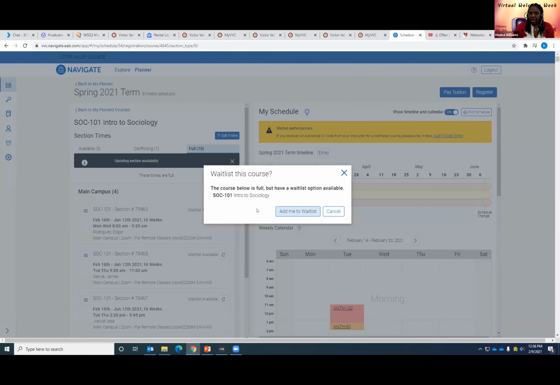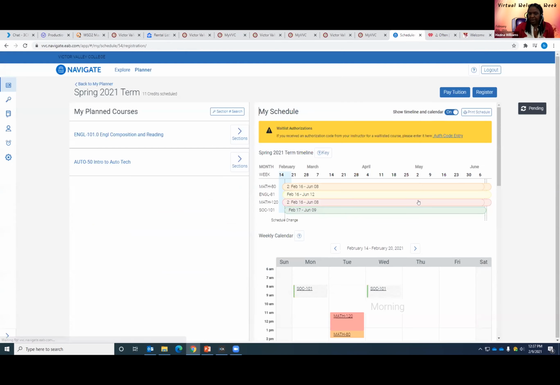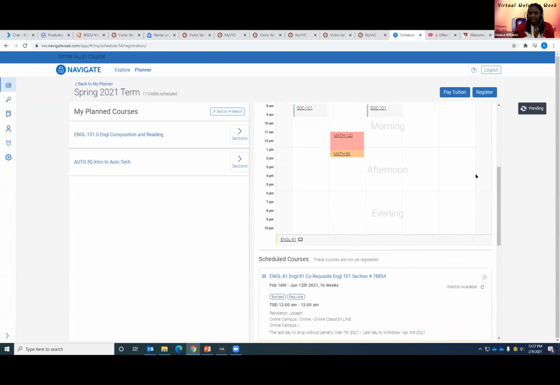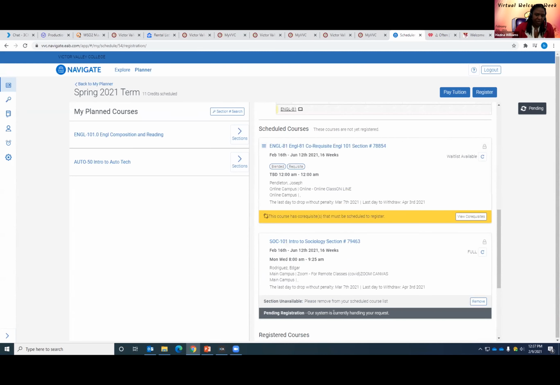You'll have this little error that'll pop up saying the course is full, but they have a waitlist option. You're going to click add me to the waitlist. And it's pending. And let's see, once the rainbow wheel stops, if it adds me. Taking a long time. Okay, but what will happen while that's waiting is it'll say, it says our system is currently handling